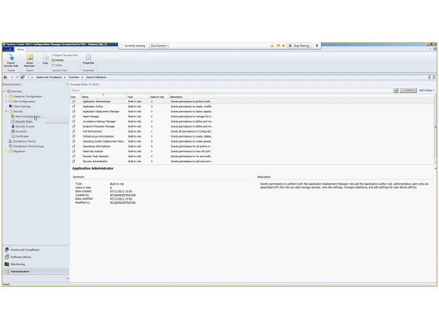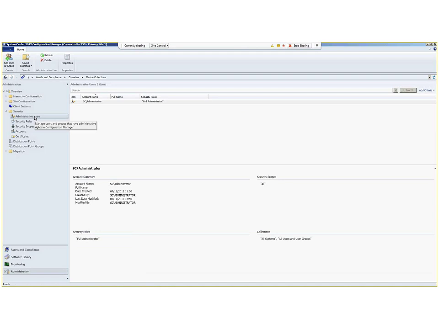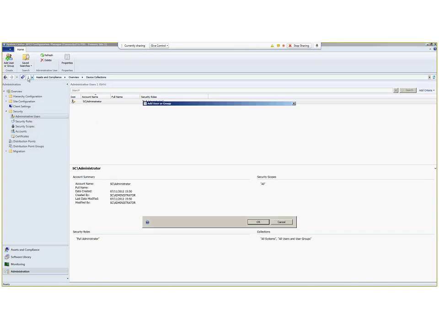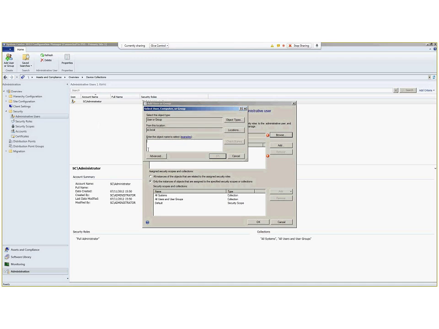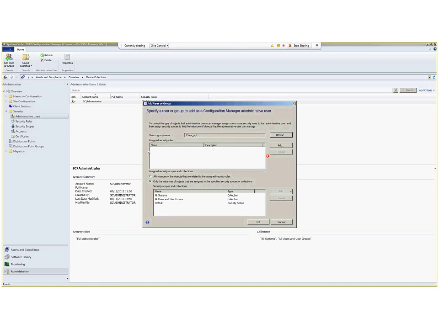I only want them to be able to go into a particular scope. So if I just add here SRV SQL,